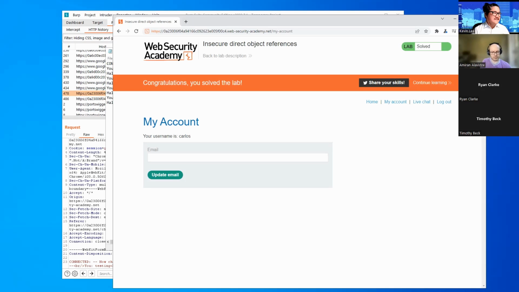The vulnerability in this lab was an example of an IDOR vulnerability. If you managed to solve the lab, please type in IDOR in chat now.